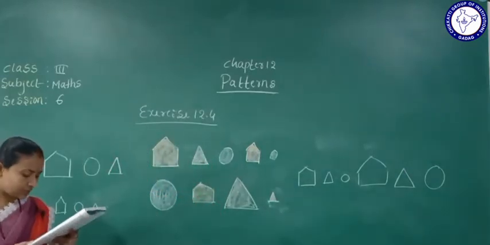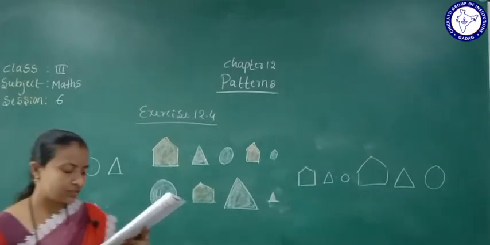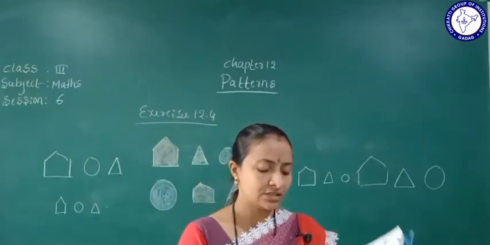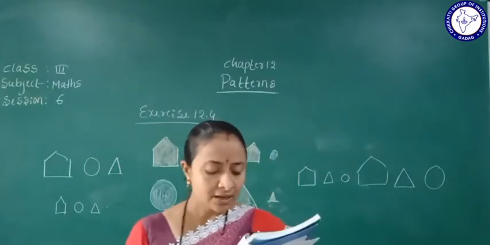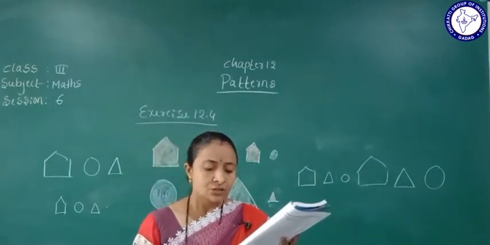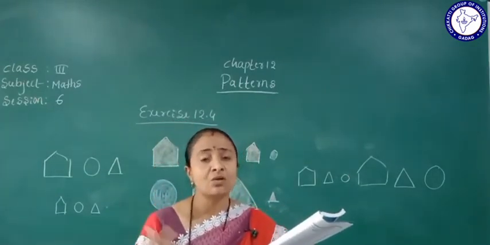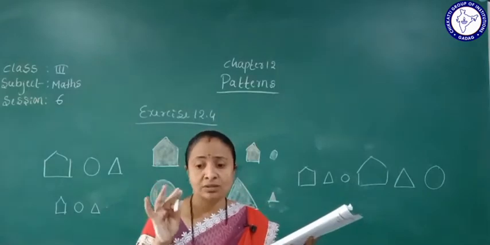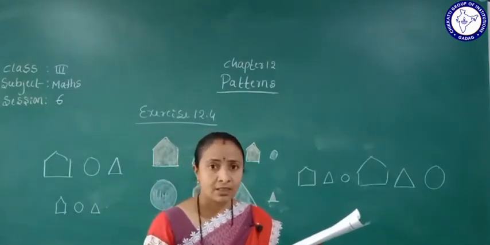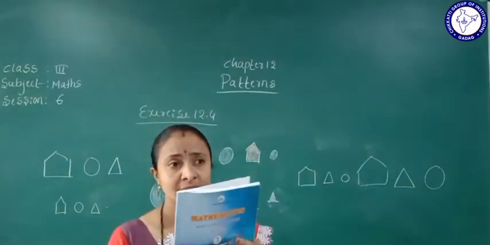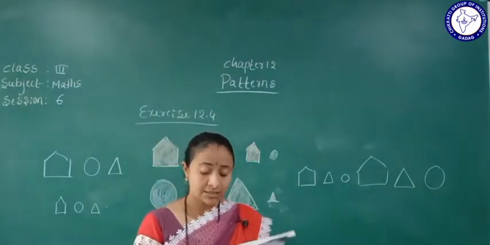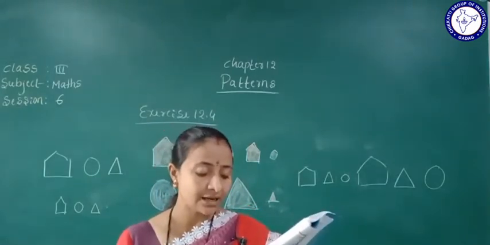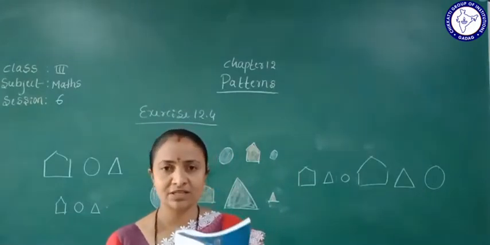Okay. Make a pattern using pictures of the things present in your surroundings. Students, you do this work yourselves. Make patterns using the pictures of things from your surroundings: whatever you can collect, a leaf, a scale, chalk, duster, box, notebook or textbook, their shapes and sizes. Whatever you can see in your surroundings, you can take and make patterns using the pictures.